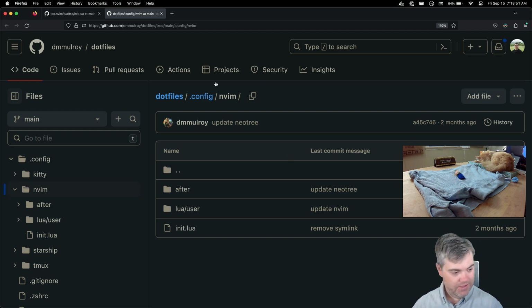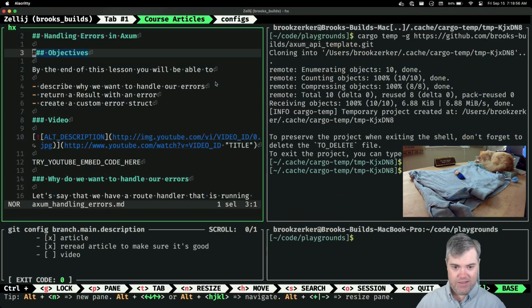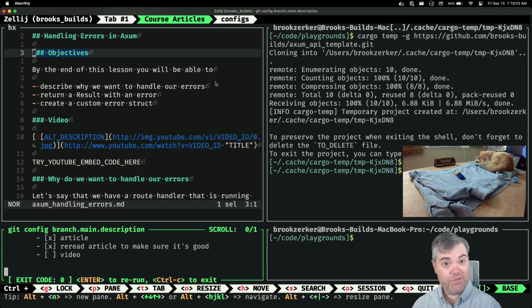Okay, so back to here. The course I'm working on is an Axum course. If you're not familiar with Axum, it is a web server, so the server side. If you're familiar with something like Express with Node or Flask with Python, what are some of the other simpler ones?